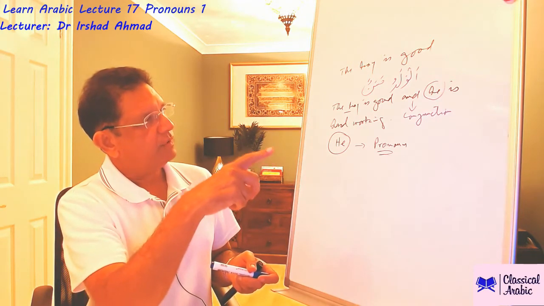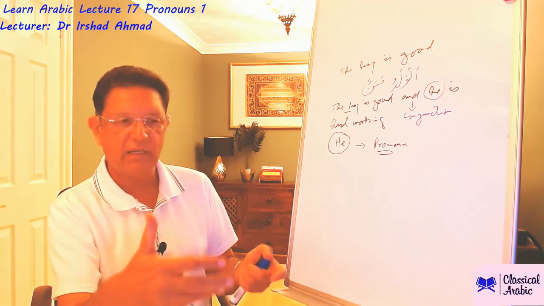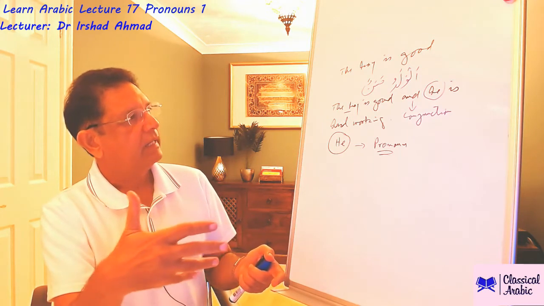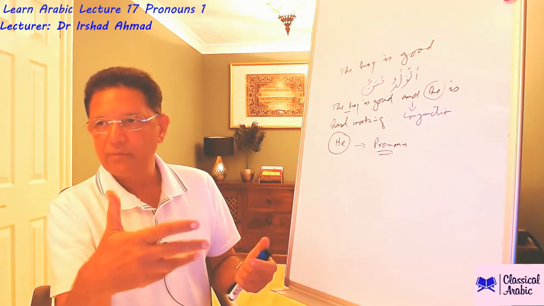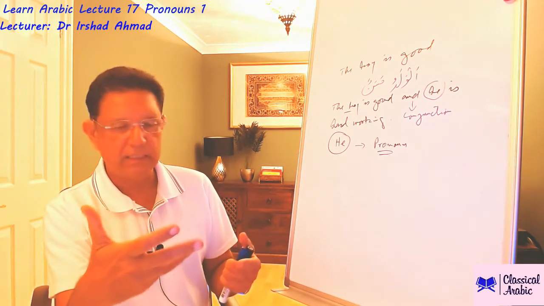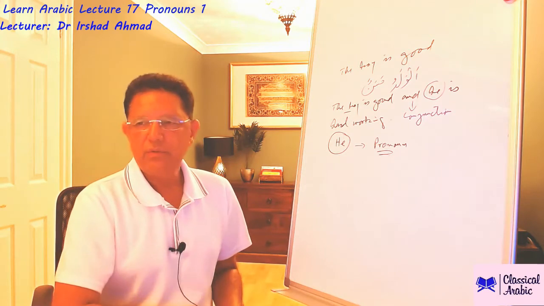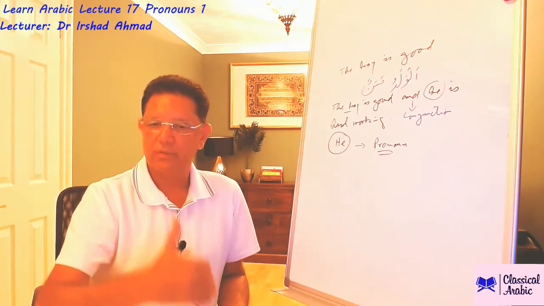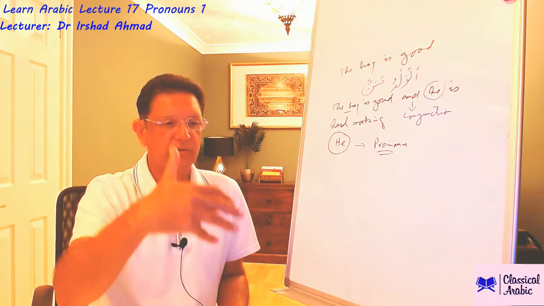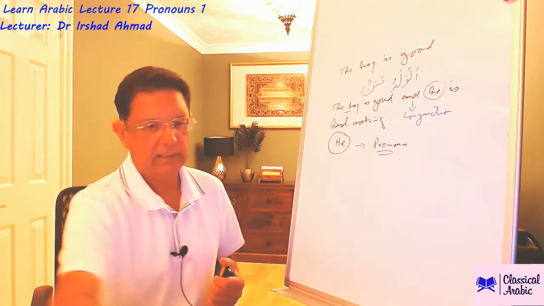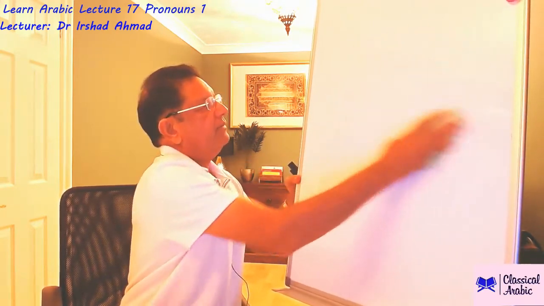So the pronouns in English we use in place of nouns when a noun has already been mentioned in a speech or in writing, and that's our better way of speaking or writing, rather than keep on repeating the same noun over and over again. Pronouns in English we usually start from first person and go to third person. In Arabic it's the other way around, we start with third person and we go to first person. So we will look at that in a sec. First let's have a look at what we do in English.